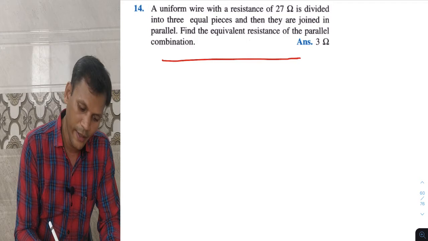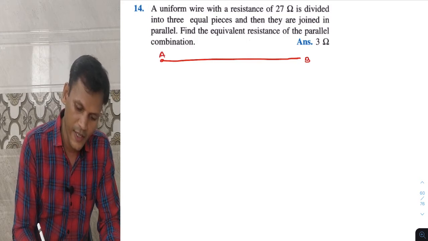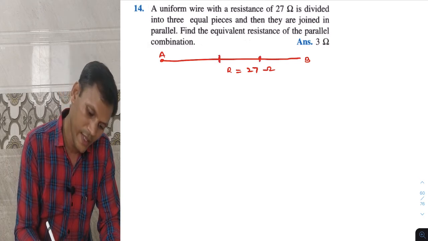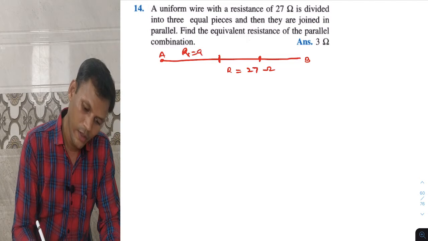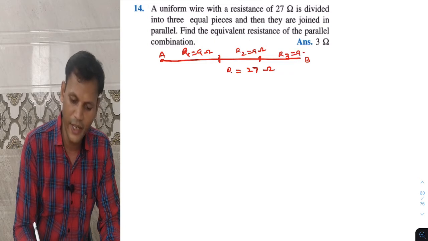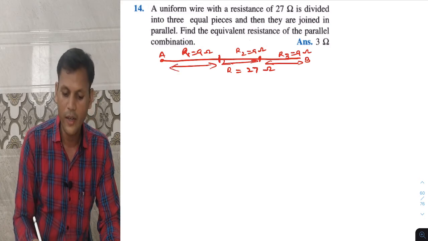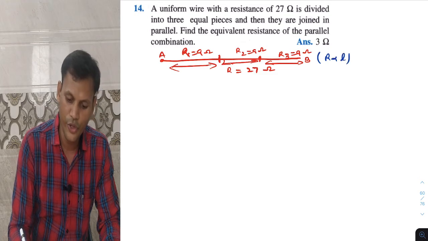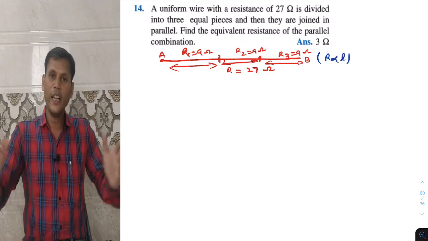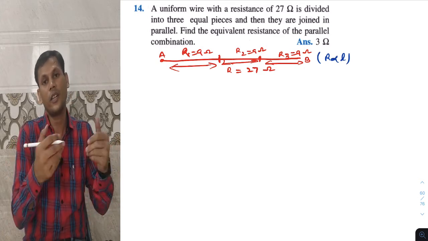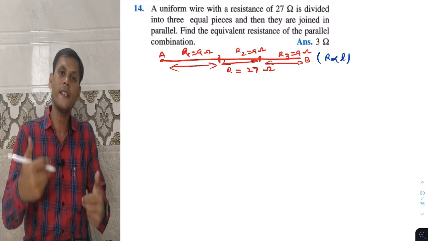This is the wire AB, its total resistance is 27 ohm. So each part will have resistance R1 as 9 ohm, this R2 will have 9 ohm, and R3 becomes 9 ohm by dividing. So this is of 9, this is of 9, and this is of 9, but overall it is 27. Reason, if you want to write, you can write resistance is directly proportional to length. लेंथ के, तो लेंथ पहले जितना था वो 27 था, उसको 3 पार्ट में डिवाइड कर दिया तो रेजिस्टेंस कम होता गया, 1/3 होता गया, तो 27 का 1/3 is 9.